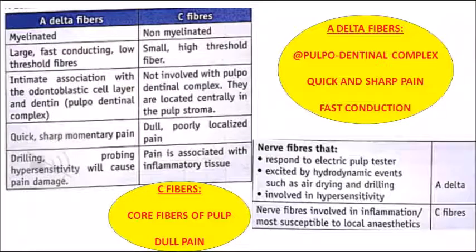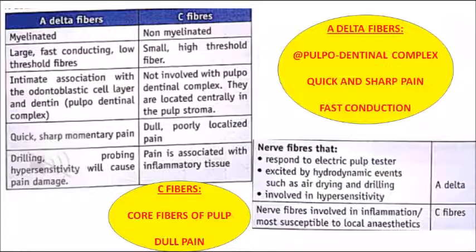As I have told, we should know the main fibers, that is A delta fiber and C fibers. There are certain differentiating features of these two fibers which you should understand. A delta fiber is situated in the periphery, so it is mainly seen in the periphery of the pulp. This is myelinated, fast conducting and low threshold. Large and fast conducting fibers are A delta fibers. How you can remember is the periphery of the pulp, because when you are touching there, it is the periphery that you touch easily. So there you have A delta fibers. They are large and fast conducting.